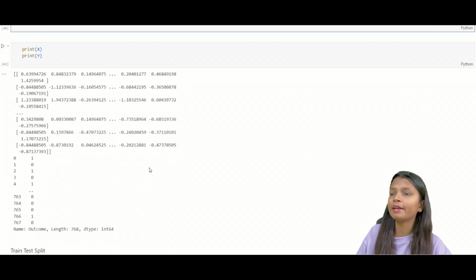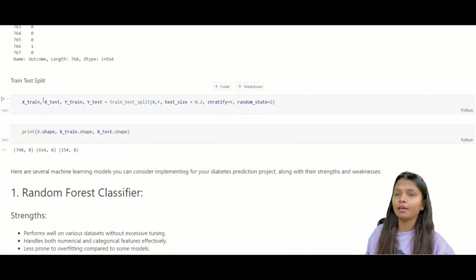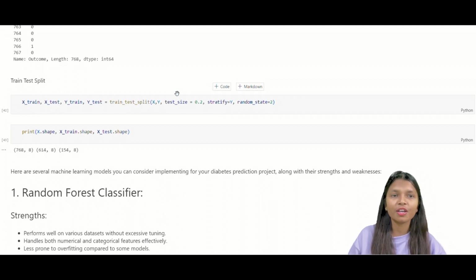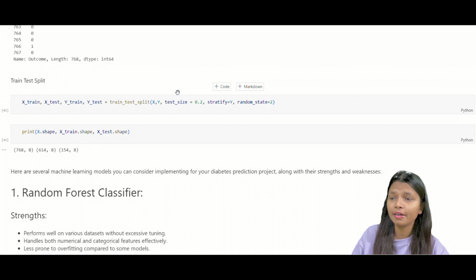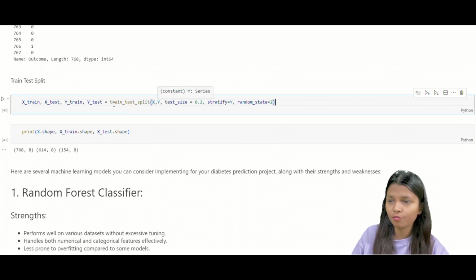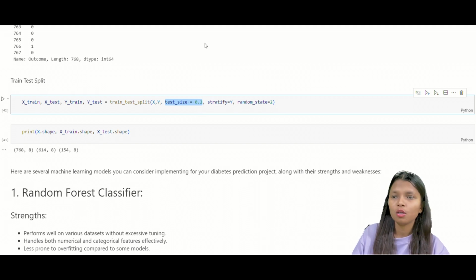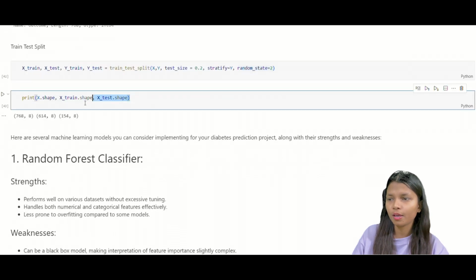Following up with the train test split, so that I can split my data into 80-20 or 70-30 ratio to get the perfect efficiency and the accuracy. So I have used the train test split method to do it. I have defined x and y. Then test size is something you have to define, which is how much you want it to be split. So I want 20-80. So 20 is 0.2. And then you have to write the stratify on which value you wanted to do it, and then the random state. Then I'm printing the shape, and I got this shape over here.